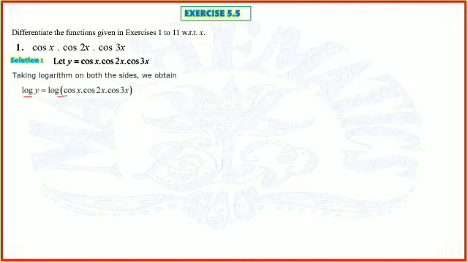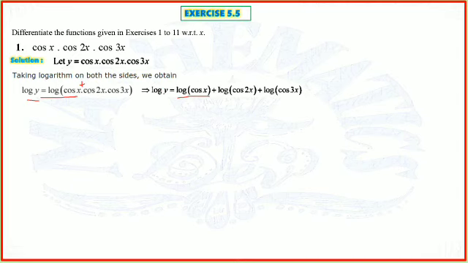What does log do? Now look here, here it is a multiplication sign, here it is a multiplication sign. Log will take one term with it and convert the sign between those terms into addition. So let us see. Log y, left hand side as it is, and the right hand side, as I told you, should be plus: log cos x, first term, plus log cos 2x, second term, and then log cos 3x is the third term. So log has separated all the terms. The product log has converted into addition.